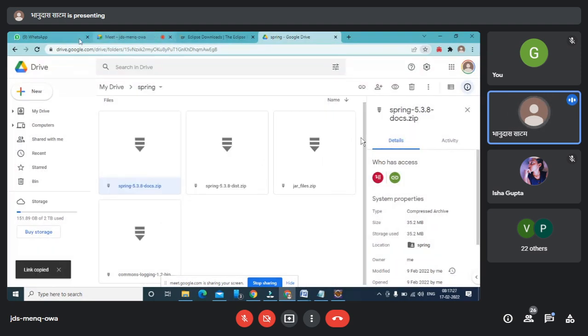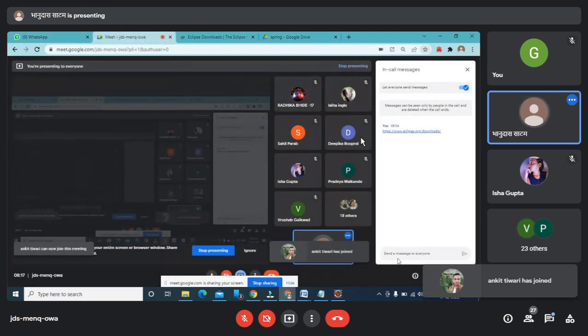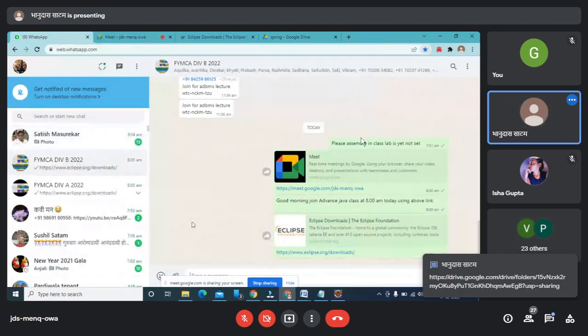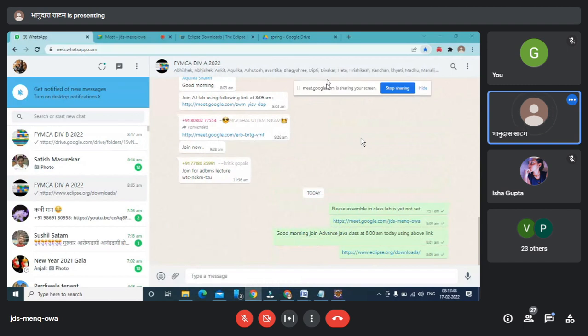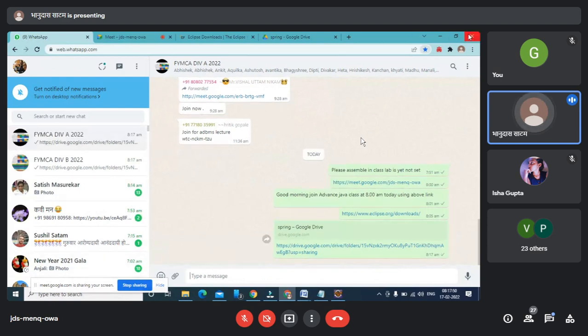Anyone can see the link here. I'm putting the download link where you are supposed to download the library. So these are the libraries we are supposed to download here.